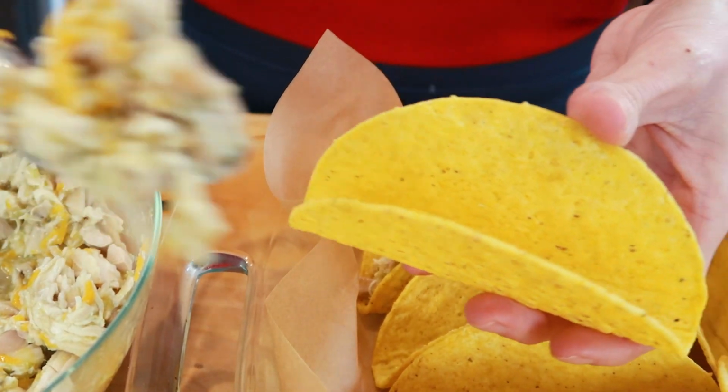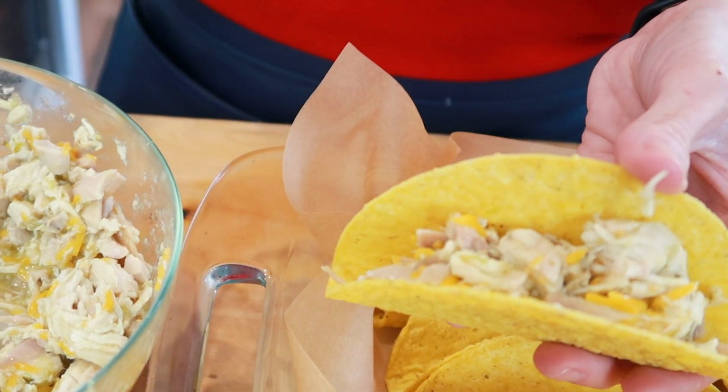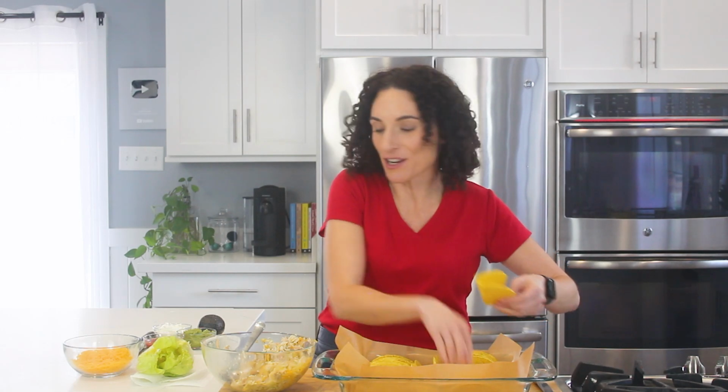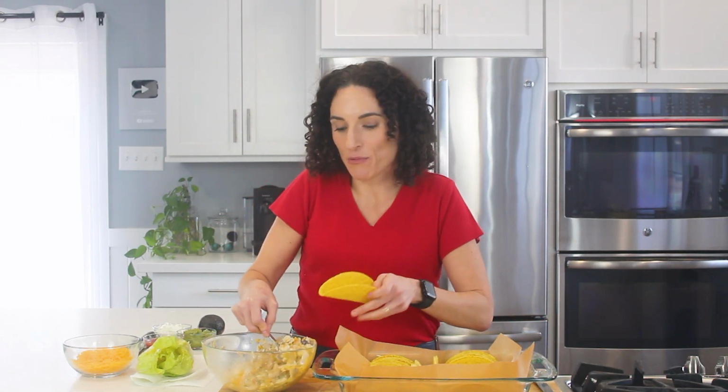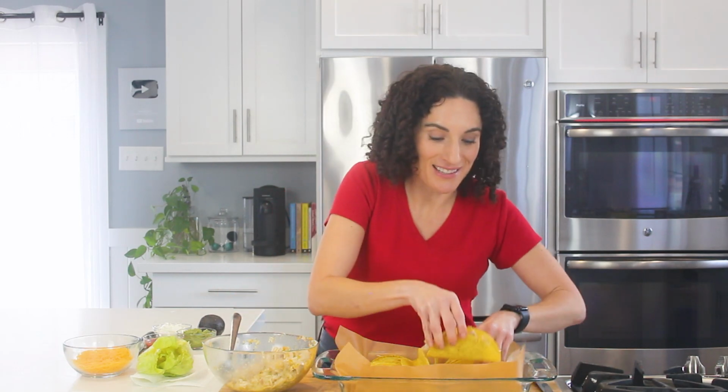This is a great recipe to do with any leftover chicken that you have cooked. If you don't have enough, you can always add a can of beans to the mixture. Beans, some chicken. You can make them with ground beef or turkey. Same simple process. And what's great about this recipe is that we all get to eat hot tacos at the